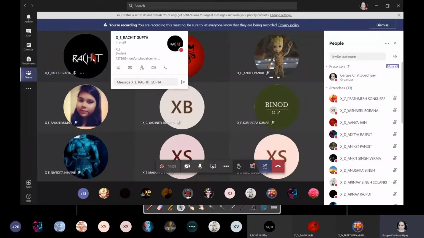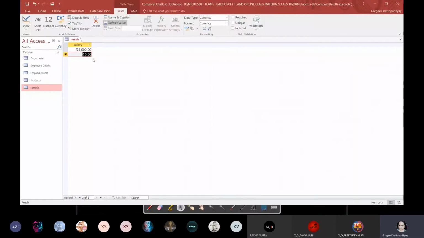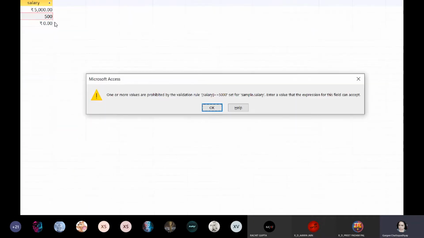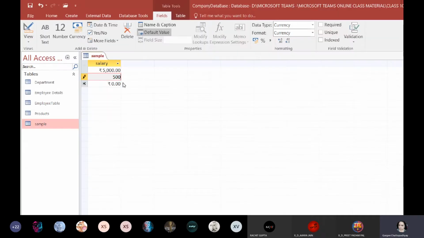Did you understand the utility of data validation? कि इसको use क्यों करते हैं हम? How it can be helpful to you when you are creating your table. See, it will restrict the person, even if the person entering wrong data is not aware. Suppose I had to enter 5,000, but I entered 500, and I was going to press enter. I got an error message, so I will make the correction. This will prompt the data entry operator to make the correction.